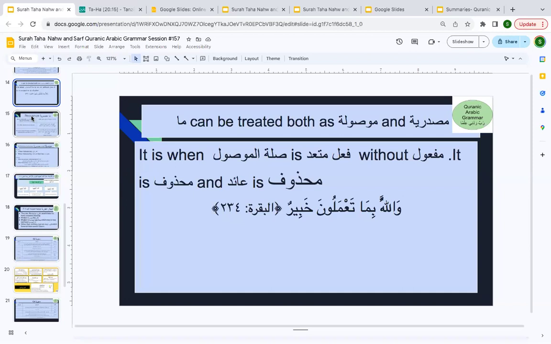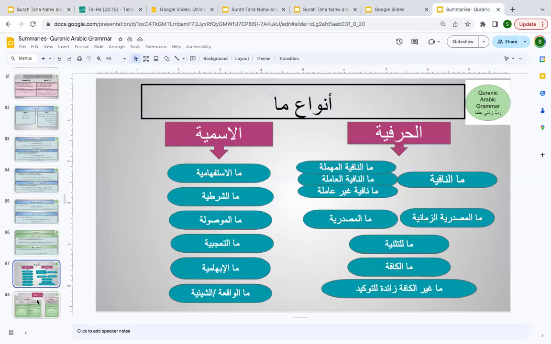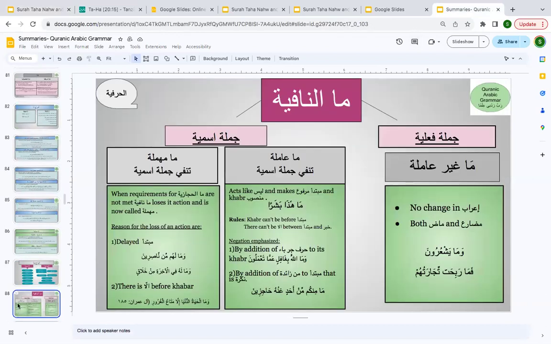Barakallahu feek, and I see other options as well. Sometimes ma zaida is kafa, which can be seen after inna, and then it can be seen after rubba. It can be seen after, as Sister Faiza is saying, tala. There are certain af'al that can have ma zaida after them, and when you think about ma zaida, look for those options, number one, and then go on to call something zaida. Okay, is this clear?